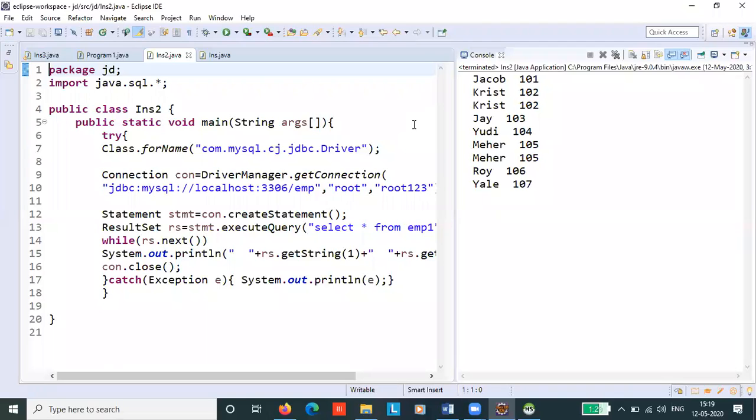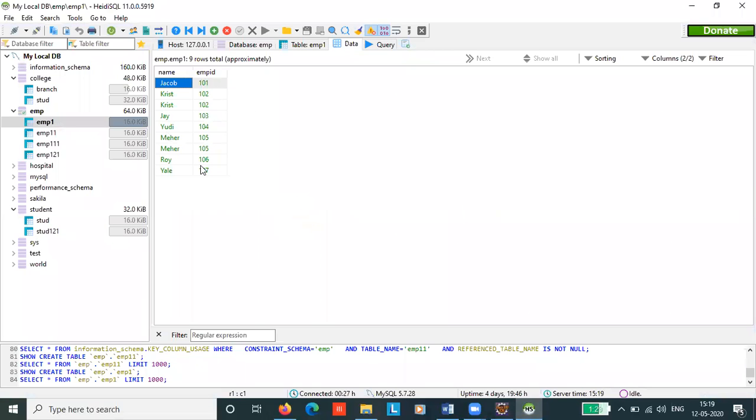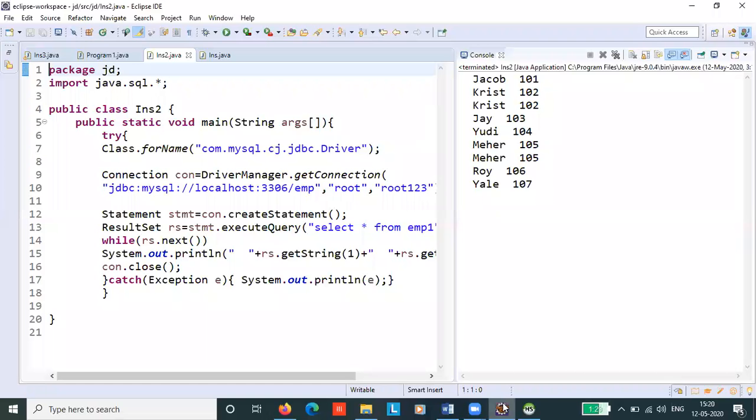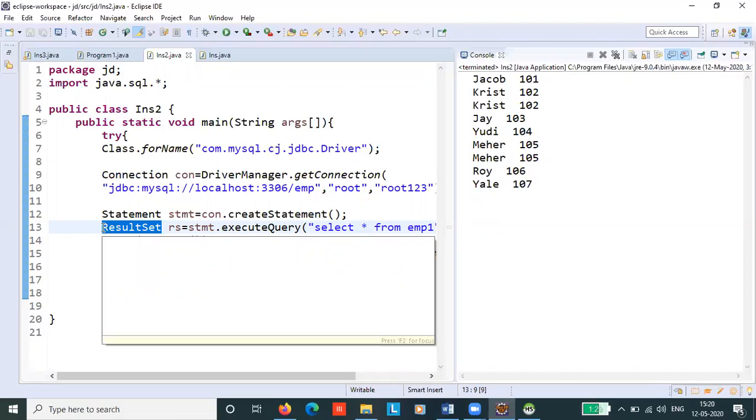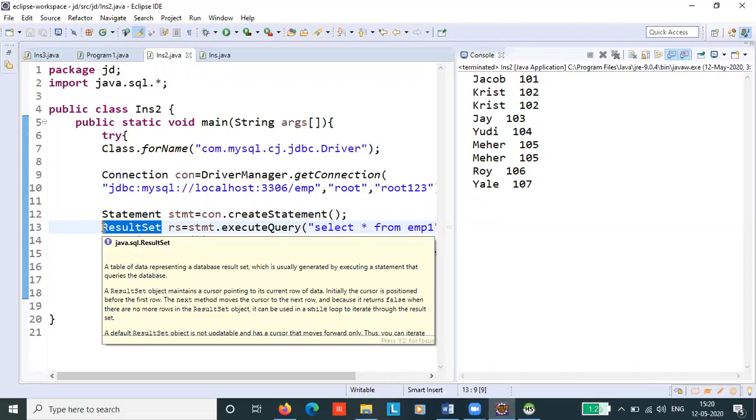Next, if I want to display the contents of my EMP table on the console, you can also do that. That is, you can retrieve the contents of your database and display them on the console. For that, you need this ResultSet interface. What is the job of the ResultSet? The object of ResultSet maintains a cursor pointing to a row of a table.